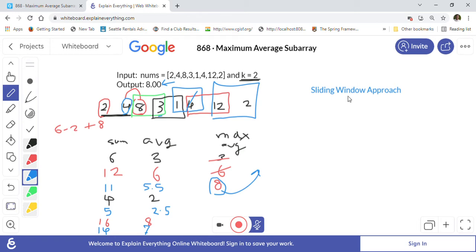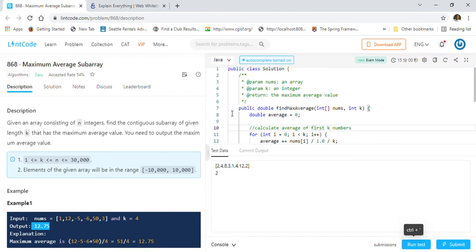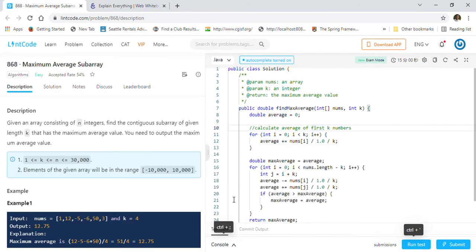So that is the sliding window approach we are going to use to solve this problem of maximum average subarray. The big O of this algorithm will be order of n, right? We are just moving through the array once. So this problem is asked by Google. So let's look into the implementation details now.